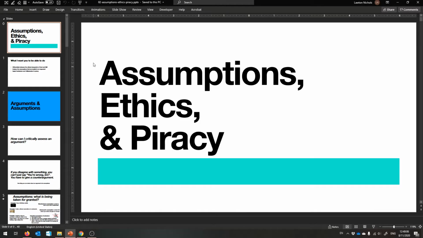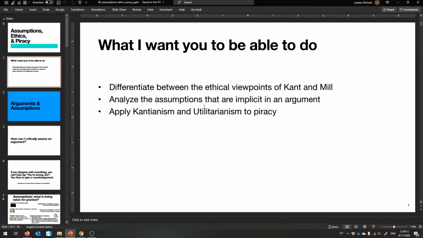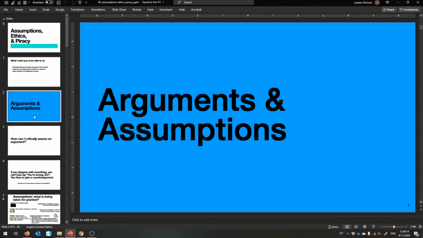This is the non-programming lecture, so let's get right on into these three words that kind of go together. So here are my goals for you, and let's get right on into it with arguments and assumptions, because we will be talking a lot about